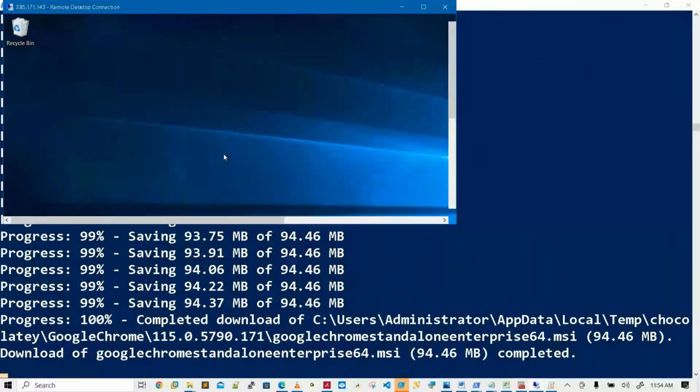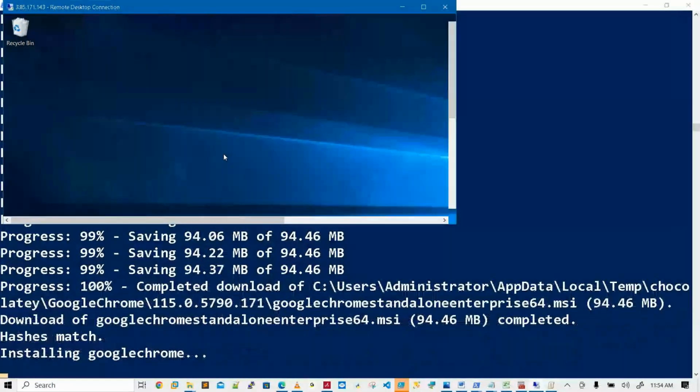I have public connectivity, over the internet, not at the domain level. Domain level is very secure. Really, will it install Google Chrome? If it is a success, the icon will come on the screen.